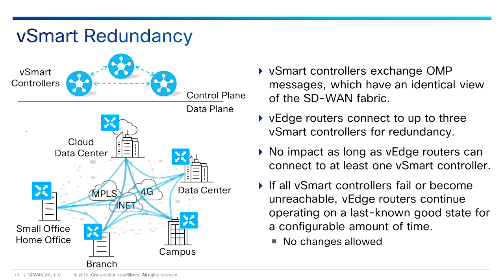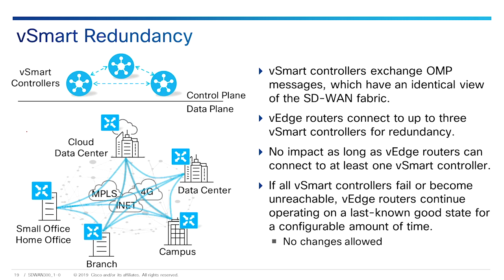vSmart redundancy. It doesn't require any particular configuration except affinity to regions if multiple regions are required. Each vSmart is going to have the same view of the fabric, and synchronization between them is also automatic. A vEdge connects to a maximum of 3 vSmart controllers. It's recommended that the vEdge connect to at least 2 vSmart controllers. A single vSmart connection is sufficient for full configuration, but remember, if we lose all of them, we lose a lot